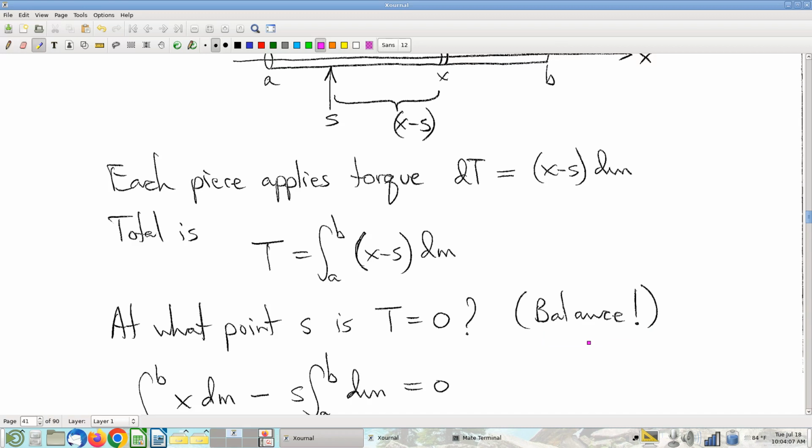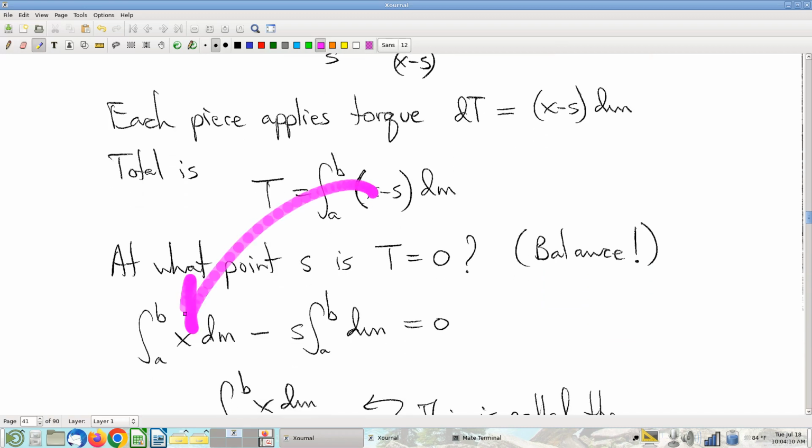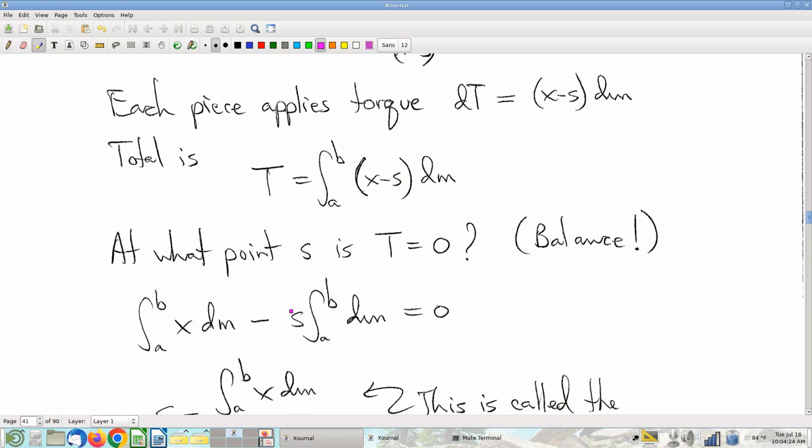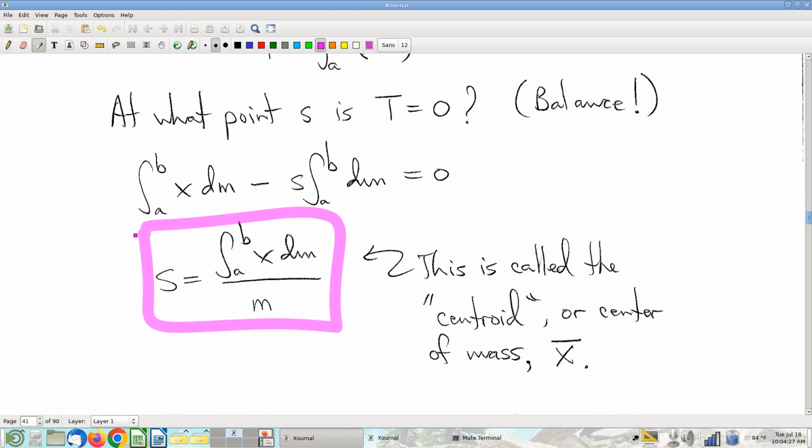And notice I can take this integral, separate it into two terms. The S, of course, is a constant because the whole idea is that it's supposed to be a fixed point that doesn't move. So being a constant, S factors outside of the integral, and you can solve for S really easily then, and there it is. So this is called the centroid, sometimes called the center of mass, and the typical notation for this is to call it X bar. The idea there is that this is a different point of view, and I don't want to digress on this, but